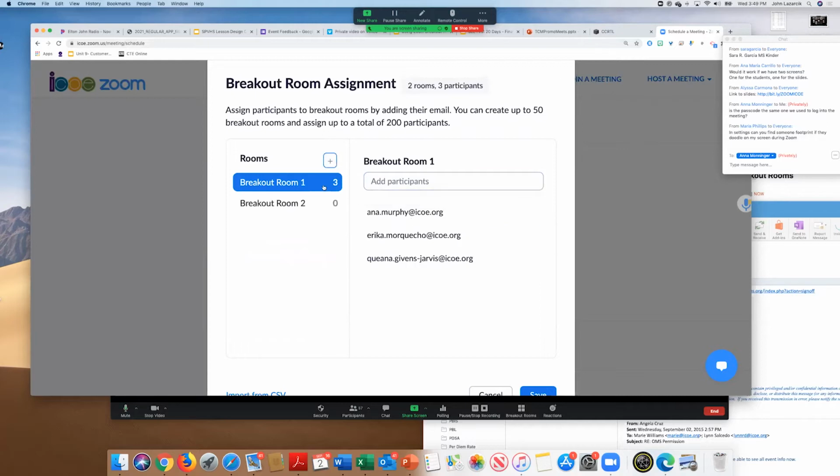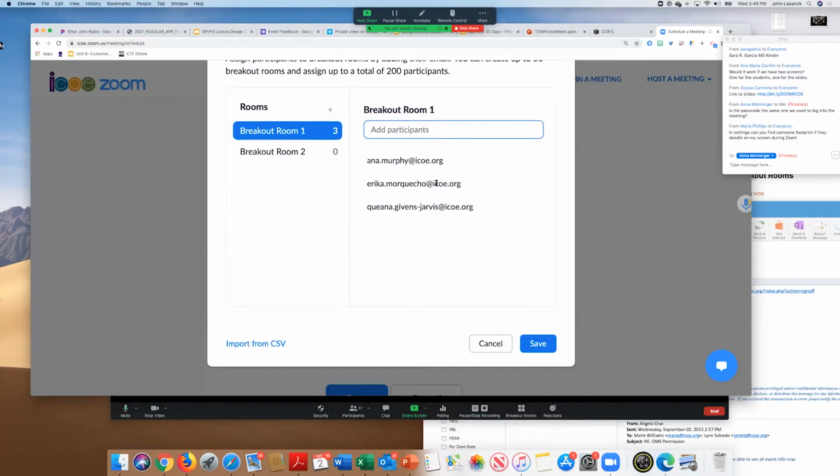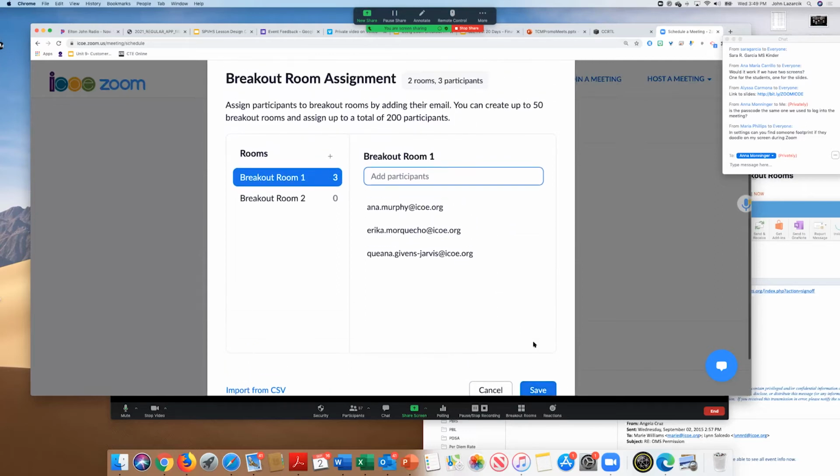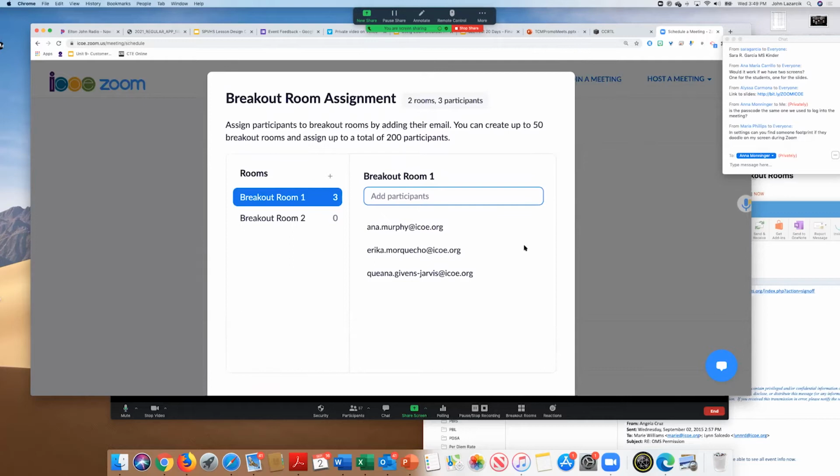And let's say in breakout room 2, I want to add 3 more kids, and so on and so forth. If I want to change my mind, I can move them to a different breakout room. I can remove them. And once I have my breakout rooms all set, I just click on save. Now my breakout rooms are preset and ready to go before the meeting even starts.